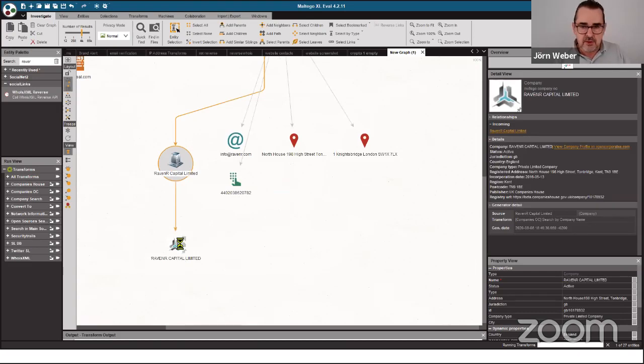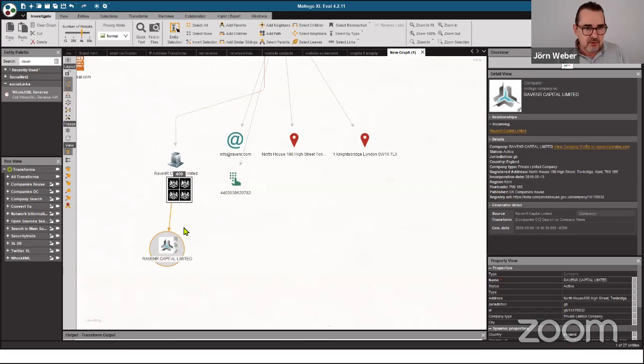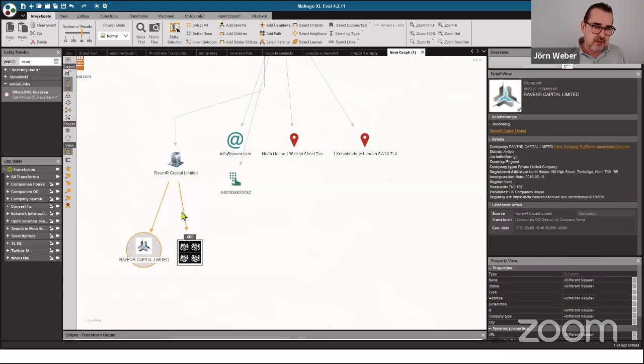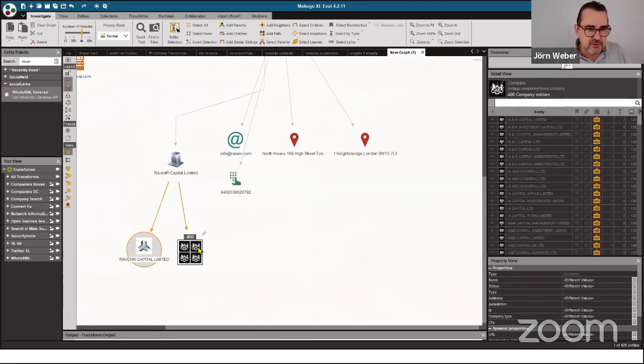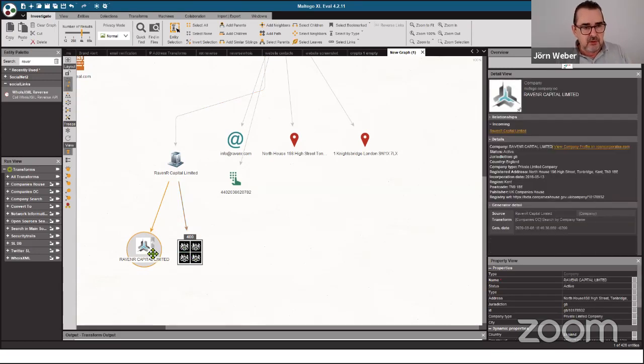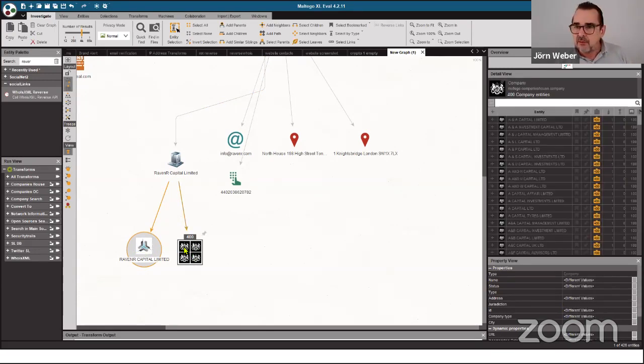And then we see, I think this is from OpenCorporates. And it's better to do the Companies House search with quotes. But anyway, maybe it's too many capital limited.